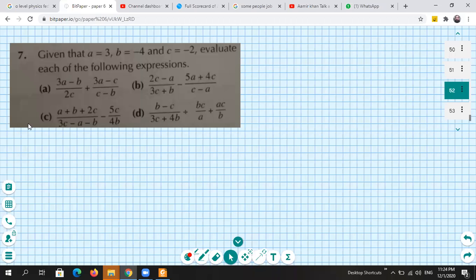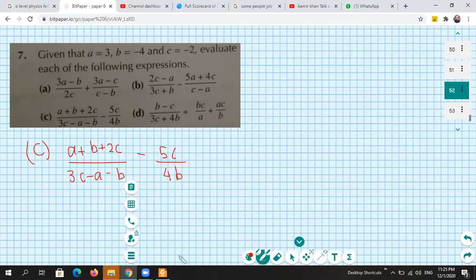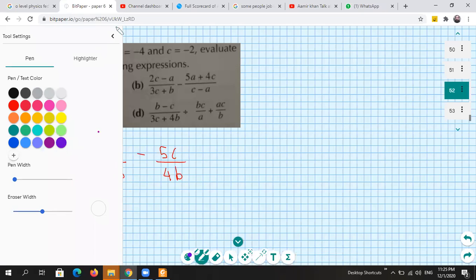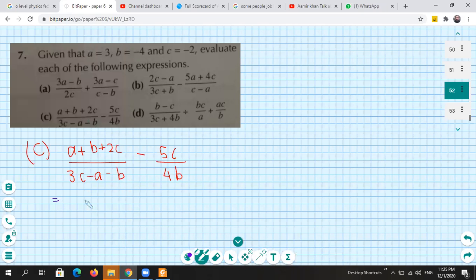All right. Next part is part C, which is A plus B plus 2C over 3C minus A minus B minus 5C over 4B. Okay, inserting the values. A is 3 plus B. B is minus 4